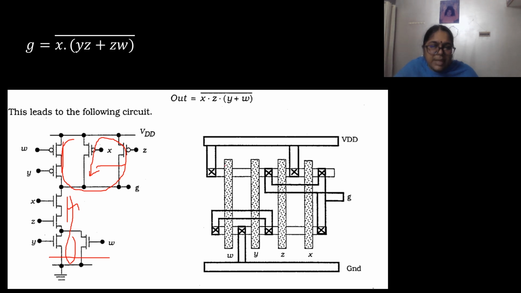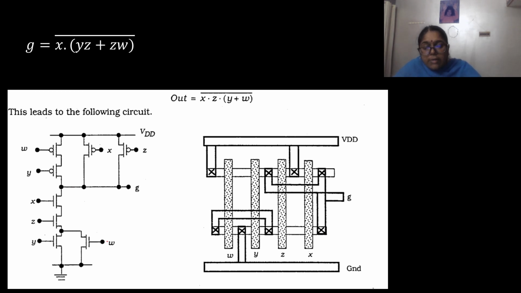That is why you make use of a common order for all the PMOS and NMOS transistors. So using this order W Y Z X, when you use the polysilicon to cut the P diffusion and N diffusion, then very easily you can draw on common diffusion layers. Now what is the first step you have to do? The first step is to mark the drain and source of these transistors in the circuit.